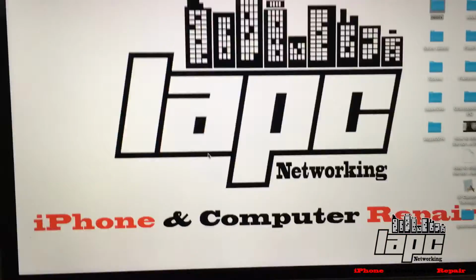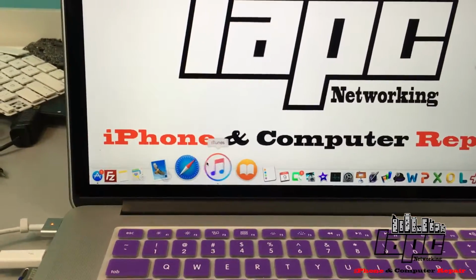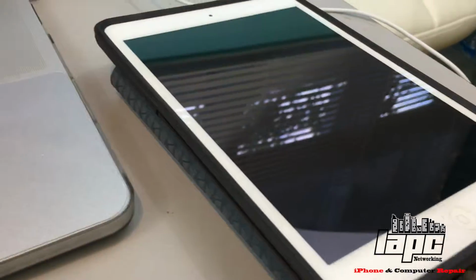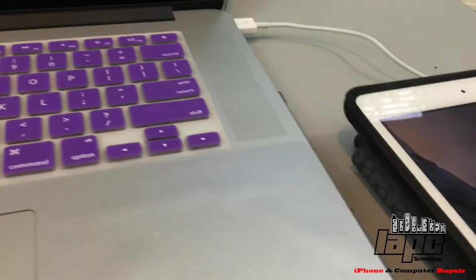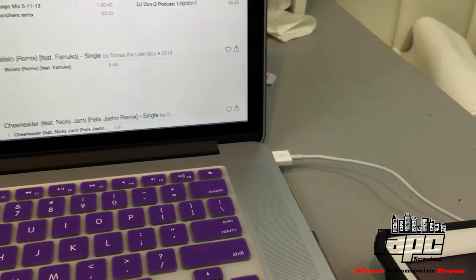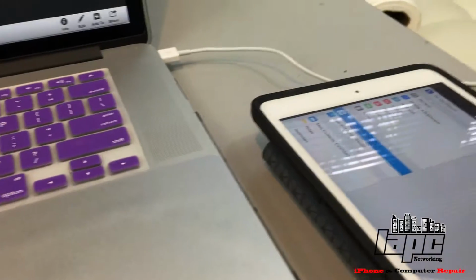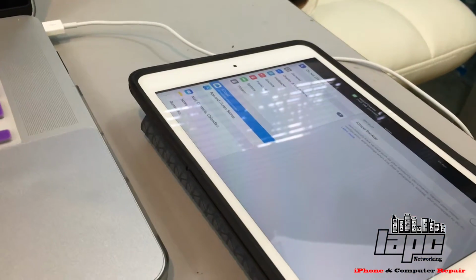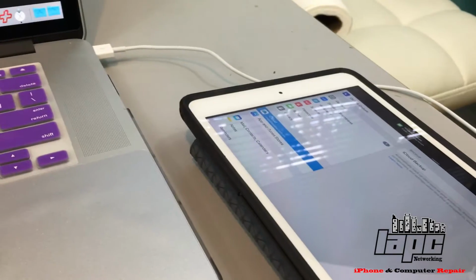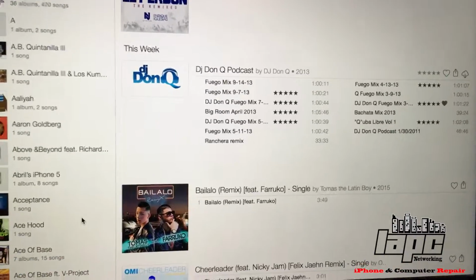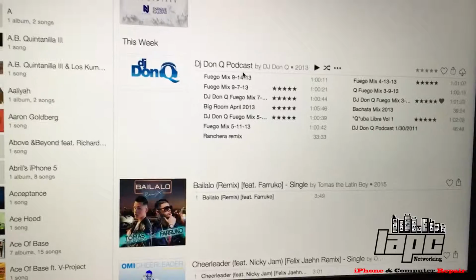So for this, the first step is you're going to open iTunes. Once you open iTunes, you're going to connect your device right here. Once you connect your device, if you have a password, you're going to remove the password, and then a little icon will appear asking if you trust the computer. So obviously you're going to click trust, and on the computer the same thing will appear. I just allowed this iPad to trust the computer. Now once you do that,